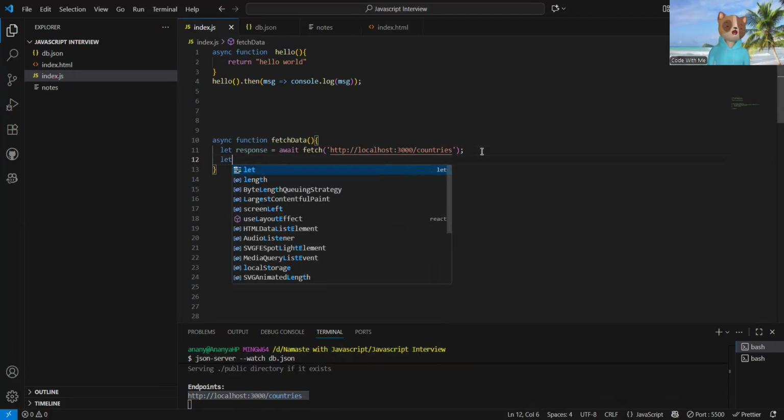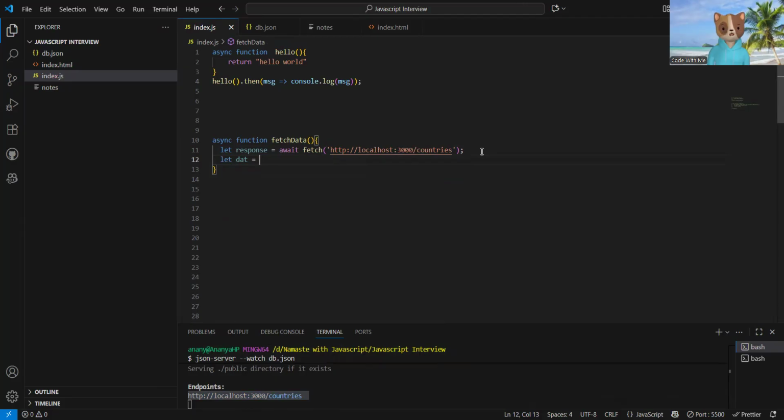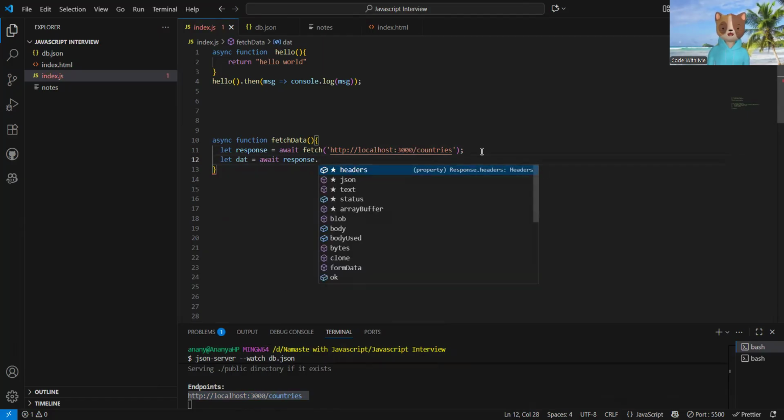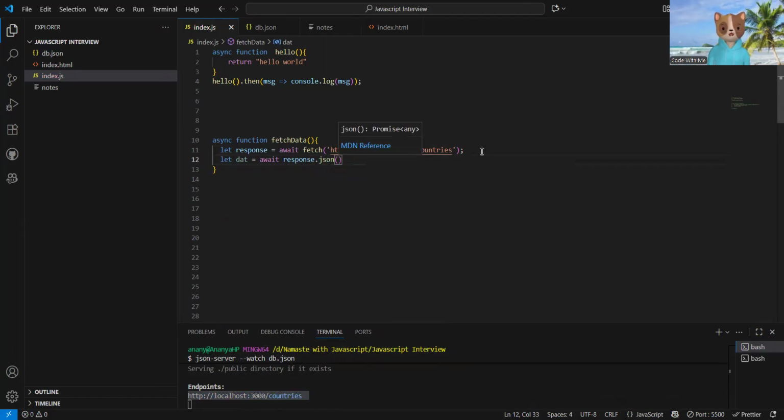Then let data is equal to, again I will wait for the response. When the response comes, I will convert it into JSON format and print that data. So see what will be the output.